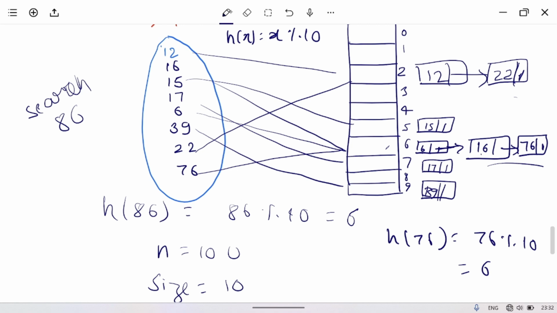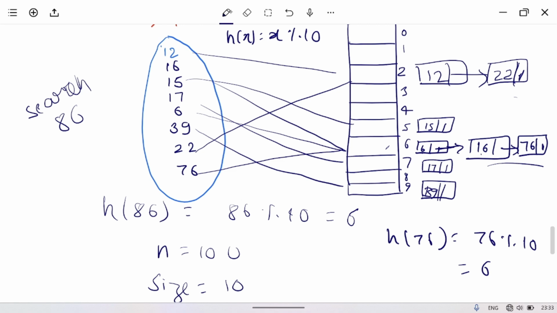If the key is not present, how will we delete? So we will traverse one by one to find 76, the same way as in a linked list, and we will delete it. If it is the last node, we simply remove this node and the previous one will point to null. If it is a middle node, the previous pointer will point to the next element. This is not different, it is the same.